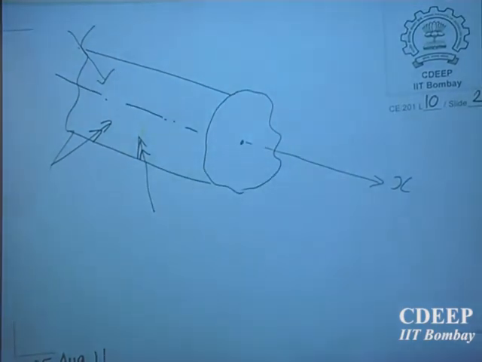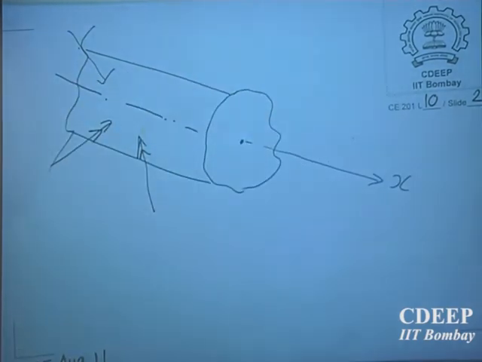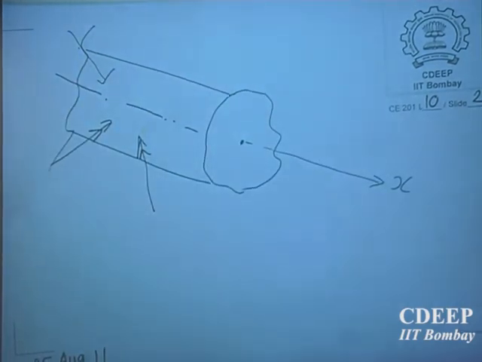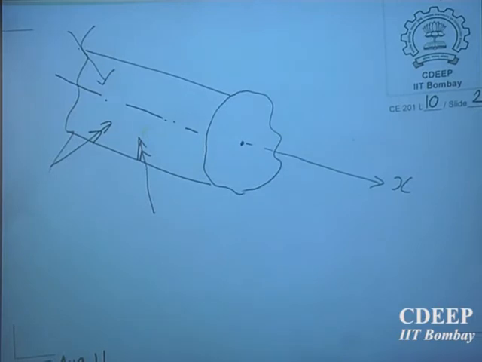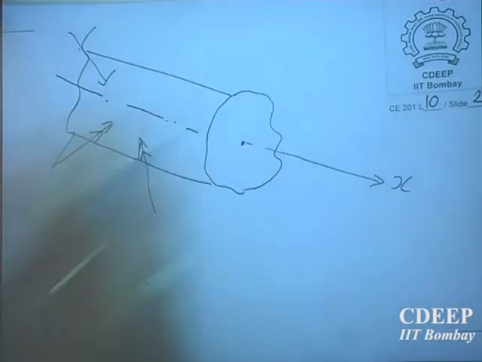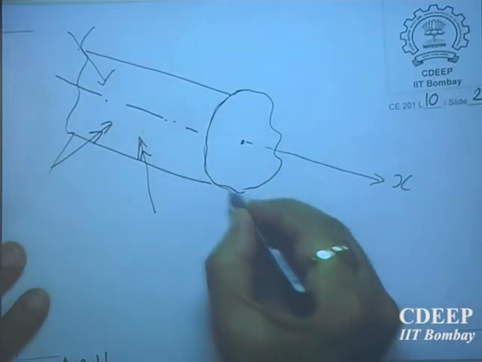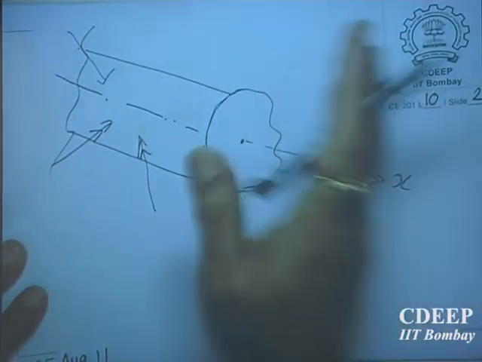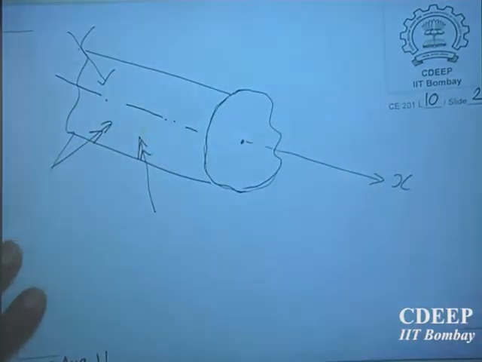We want to study, at any point along the length of this slender member, what types of forces are acting, what the different kinds of forces are. So how will you know? The best thing is to cut the slender member at some cross section. Let me say this is the cut section, and there is also a slender member on the other side. So this is the left portion, and there will also be a right portion of the slender member.